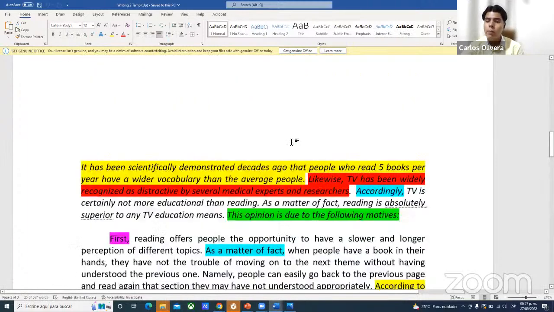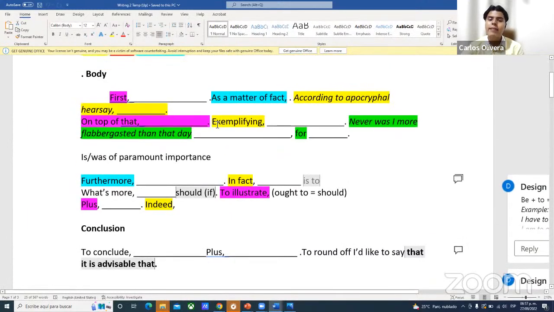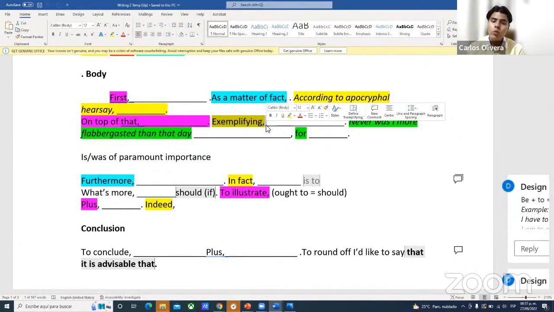Here you come to a very important part, Shirley. It says exemplifying. Why is this important? Because every single time you finish stating your argument and complementing it, you need to offer an illustration. But listen to me, Shirley. Your illustration must have two different characteristics. It must be personal. Listen to that. It must be a personal illustration, and it must be very specific, okay? If you make an illustration of your argument that is personal and specific, you're going to have a great score,